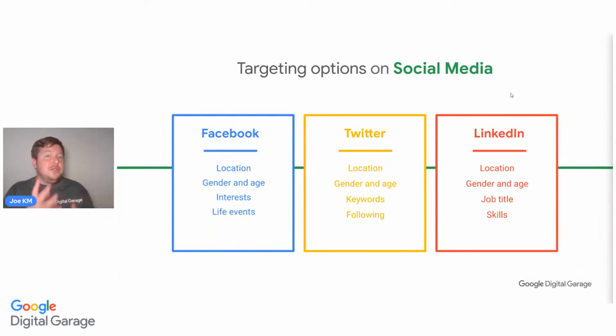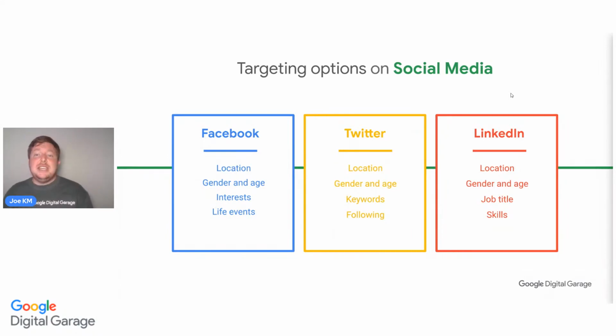All of a sudden, all of these things, because they know my age, they know my gender, they know my interest and my life events. Twitter has a different demographic one. So location, gender, and age, same as the other. Keywords, what they've been typing in. But what's interesting about Twitter is that you can also target followings. So if you're a business, say a shop, you can advertise and target people that follow another shop. So you can literally target people who are already shown interest in another thing to try and drive them to